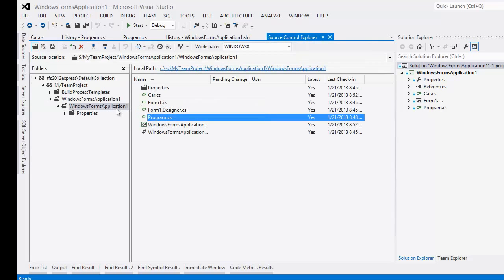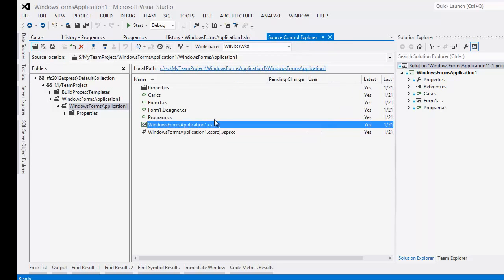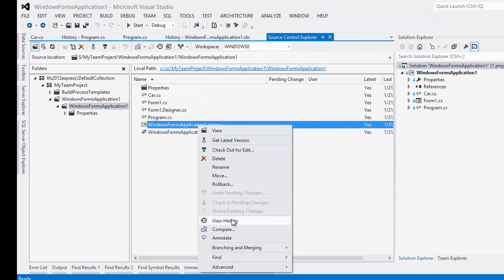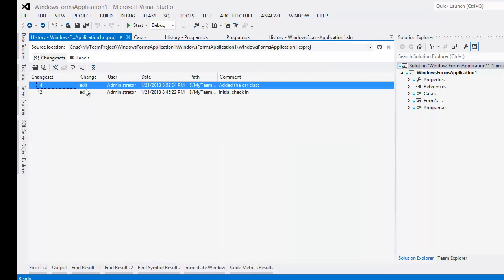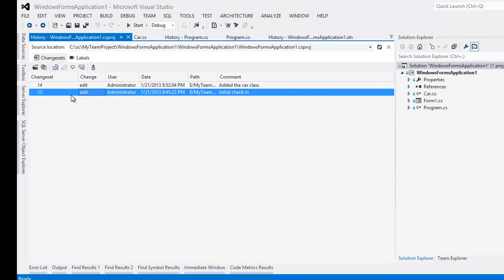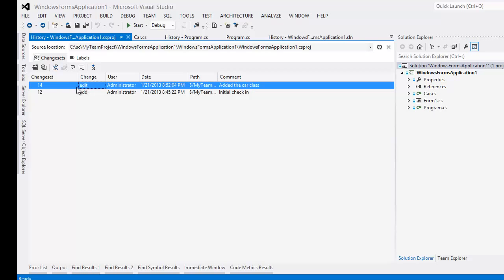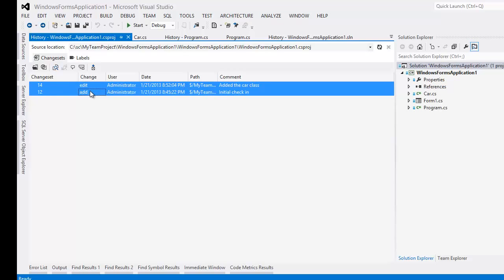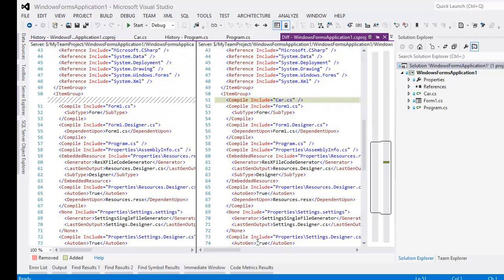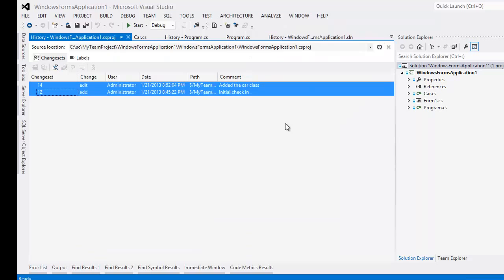here it is. I'll try to find the project here. So this is my project. Now if I right click on the project and try to find the history, notice that it says that in change set number 12 the file was added, while in change set number 14 the project file was edited. And again, you can right click and compare. And notice here that there's a new file that has been added to the project. Okay, I'm gonna close the diff window,